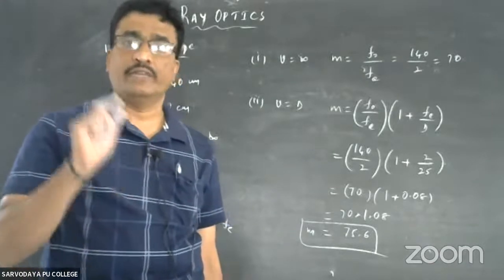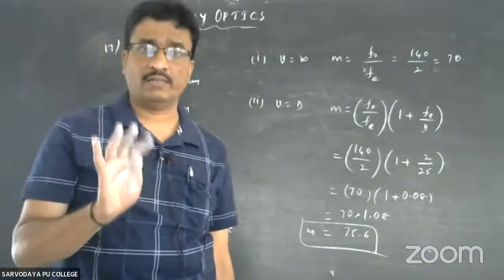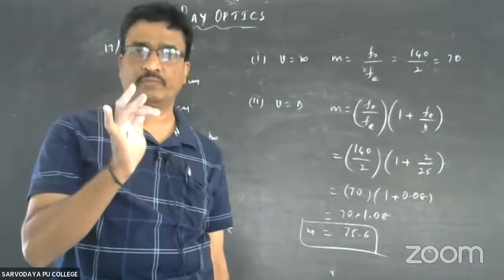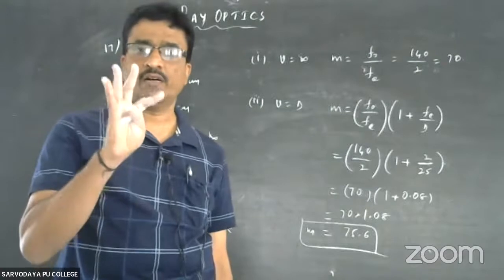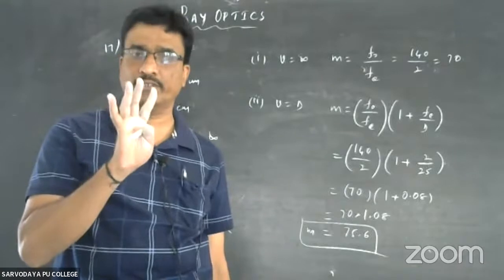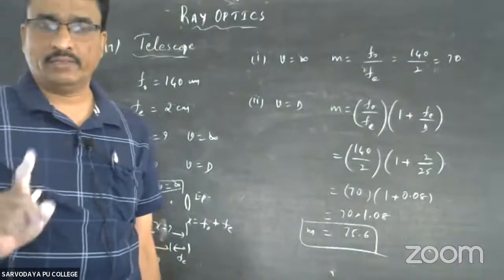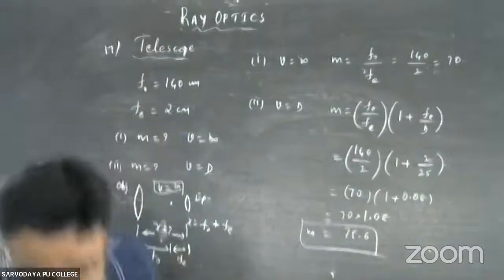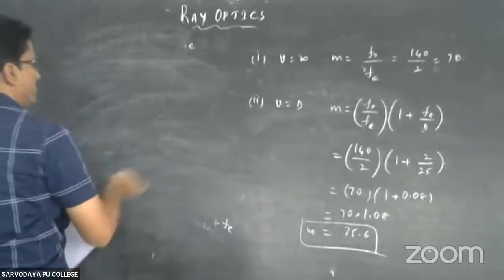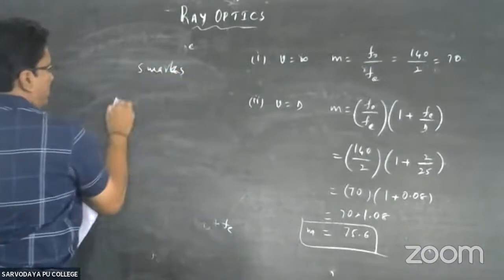But when you consider part D, 3 mains are there: 4th main, 5th main, and 6th main. Okay, these are all 5 mark questions. The first 2 mains are related to theory questions. The 6th main is related to problems. And in the 4th main, where 5 mark questions will be there,